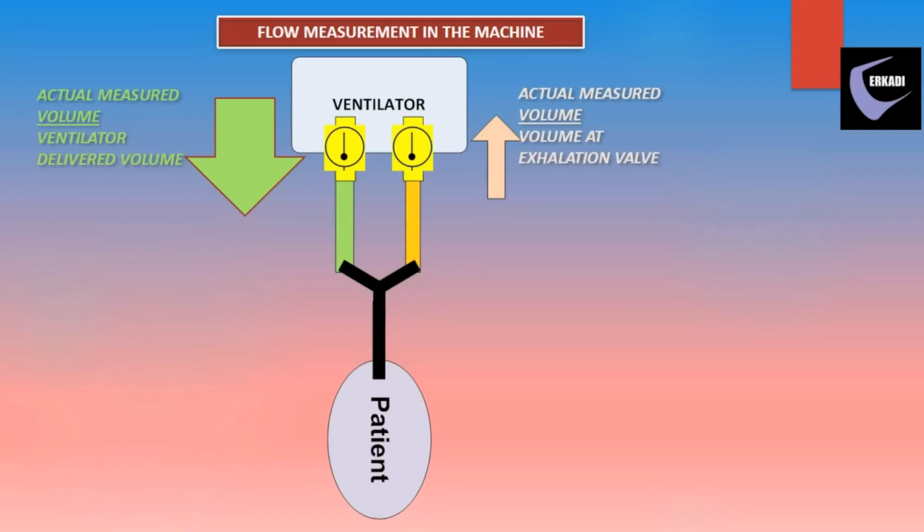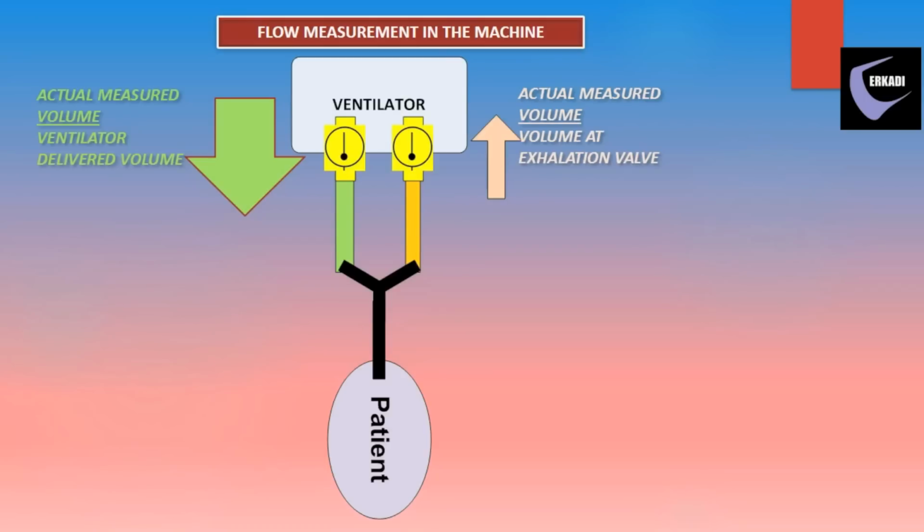Similarly, the flow sensor on the expiratory side measures the volume of gas going past the expiratory valve. Although some machines call this the exhaled tidal volume, this is not the volume of gas that the patient exhales. Intuitively, we expect the inspiratory tidal volume to be the volume of gas that enters the patient's lungs and the exhaled tidal volume to be the volume of gas that the patient exhales. What is it that can cause discrepancies to arise between what the machine shows and what we expect intuitively?